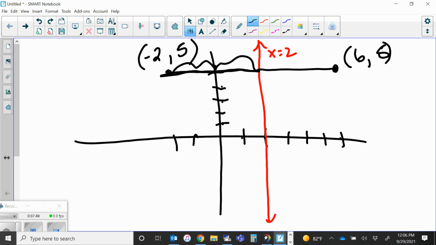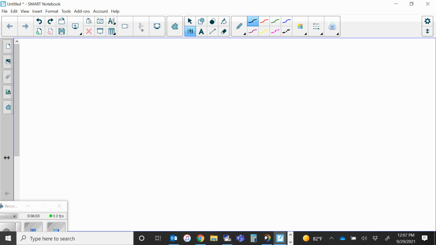Because it's equal. What do I know about a reflection? The distance here is the same distance from here to there. Does that make sense? Questions on this? Okay, what if I had